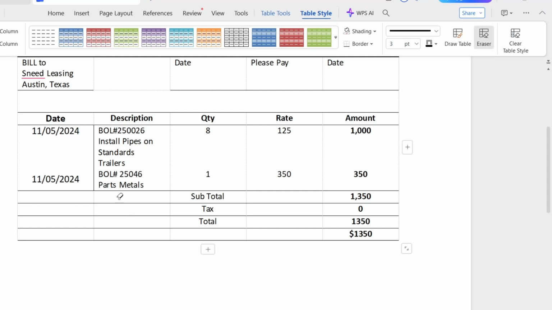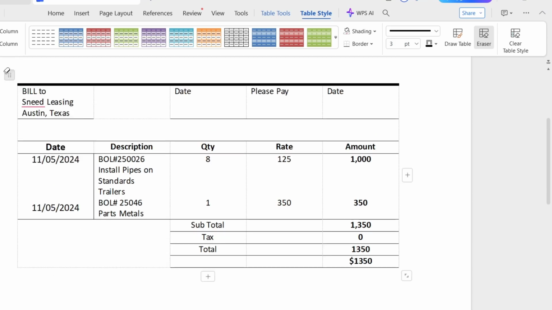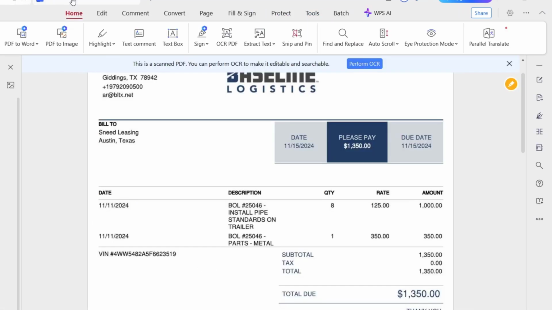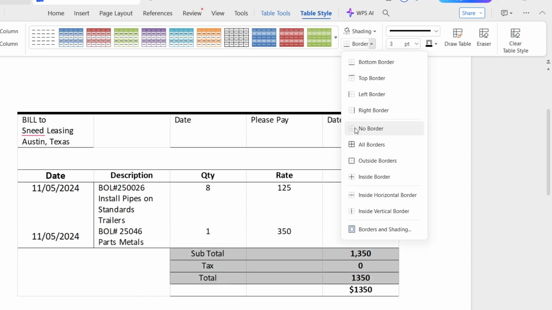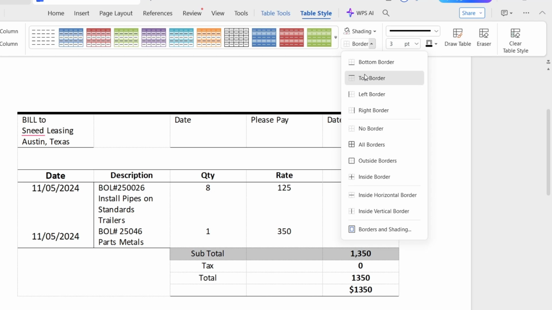And now we have to remove these lines too. We don't need them. This is gone, this is gone, this is gone, and this is gone too. So whenever you are printing the document, these lines will never appear. So very evidently the data has been done, and now there is no horizontal line in between these. So we have to select these lines, and we have to click on no border, and then again we have to click on it,